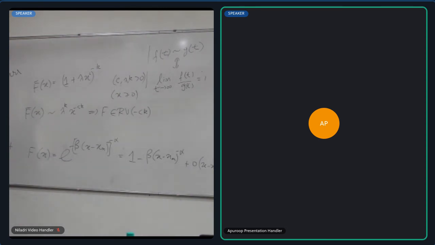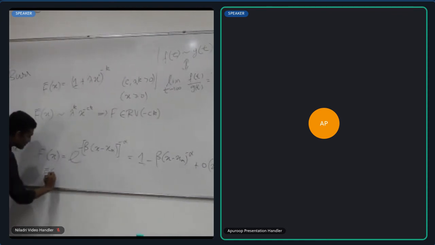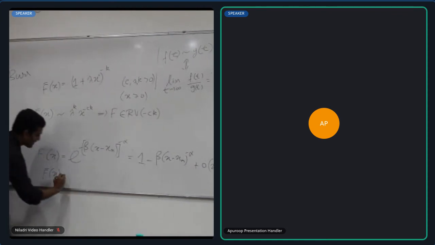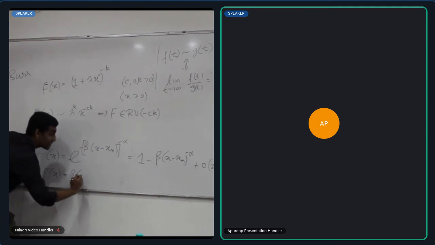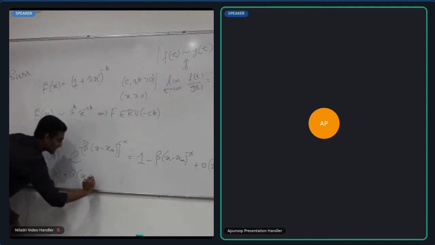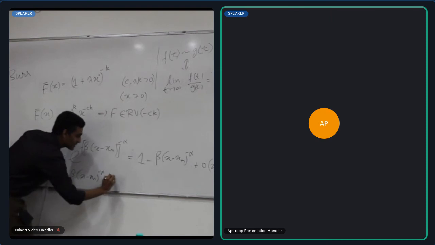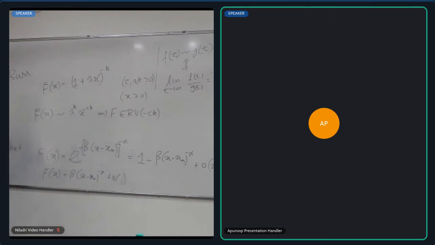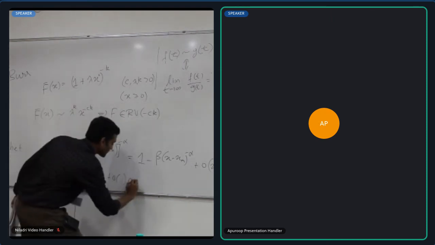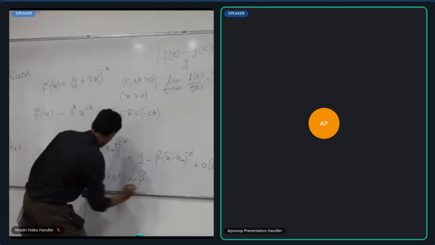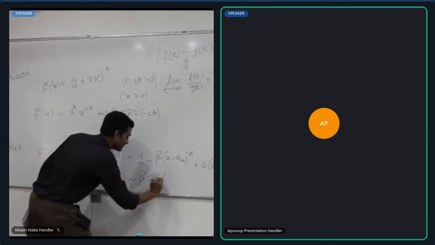That's the residue from your first order expansion. So then in that case, you can see that f bar of x, which is 1 minus f of x, is basically beta times x minus xm raised to minus alpha plus little o, right? Which is asymptotically simply beta times x raised to minus alpha,